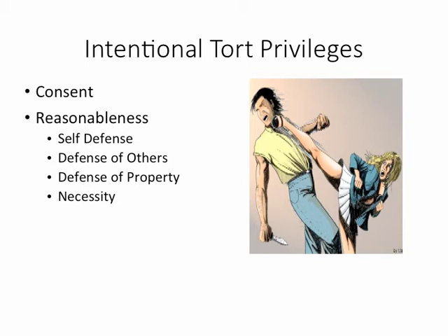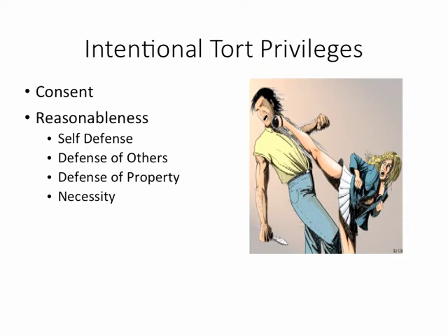Now, for the privileges, here again we see that there are a couple of different types of arguments that can be made. One type of argument is based on consent. This is where the plaintiff actually gives permission to the defendant to engage in the conduct that ultimately causes the plaintiff's injury. But the other category of privileges is based on the concept of reasonableness. Here the plaintiff doesn't give consent necessarily, but society provides implicit permission for someone to engage in harmful conduct towards somebody else in order to promote some superior goal or end.